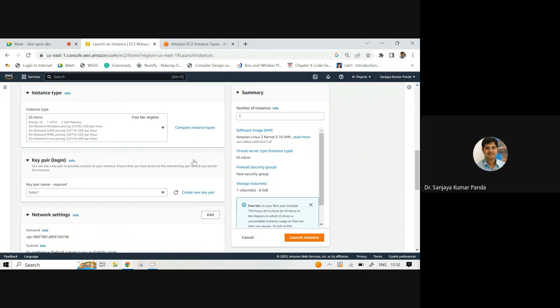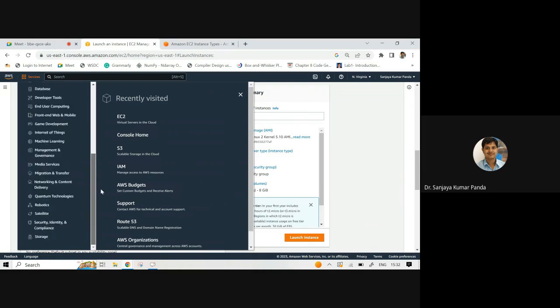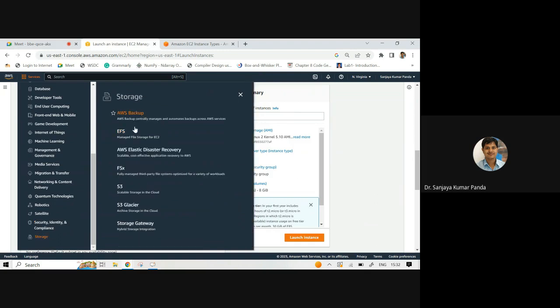S3. In order to get Amazon S3, you have to go to services, then go for storage. Storage is at the end. There is another service also, security, identity and compliance. I'll tell you in upcoming classes another hands-on, through which you can create different security policies and different accounts under security. Let us go to storage. Under storage, these are the different services we have. One of the popular services is S3. Let us click S3.